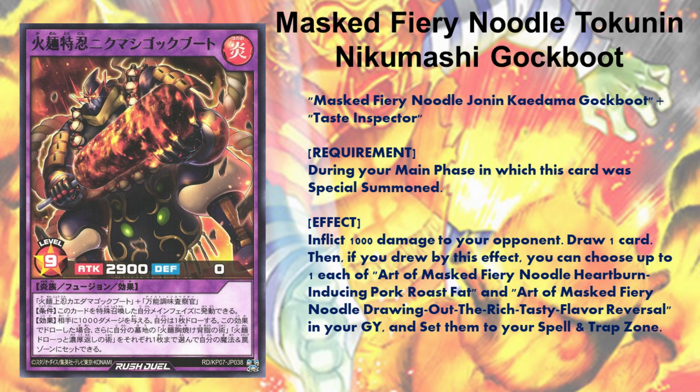Draw 1 card. Then if you drew by this effect, you can choose up to 1 each of Art of the Mass Fiery Noodle Heartburn Inducing Pork Roast Fat and Art of Mass Fiery Noodle drawing out the rich, tasty flavor reversal in your graveyard and set them in your spell and trap zone. My gosh, when I was reading that description, I just wanted to eat